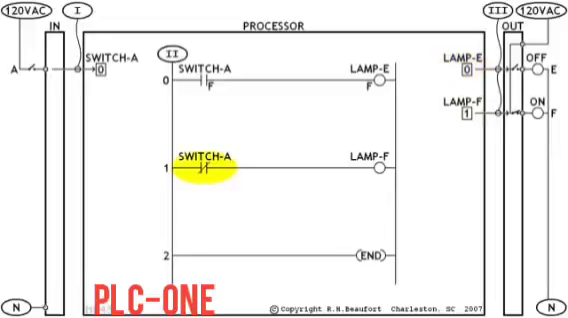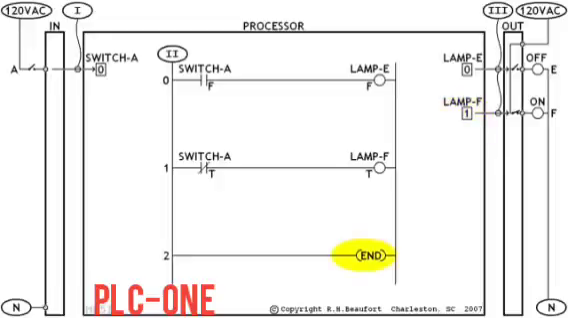Then the processor comes to this XIO instruction. The rule says, go look for a 0. Do we have a 0? Yes. So this is true. And so this OTE has true coming in. And the rule says, go write a 1. So the processor goes to the bit for lamp F and writes a 1 into the box, which brings us